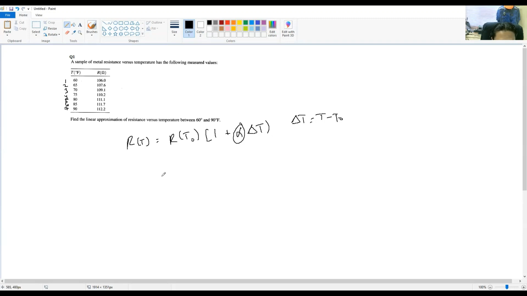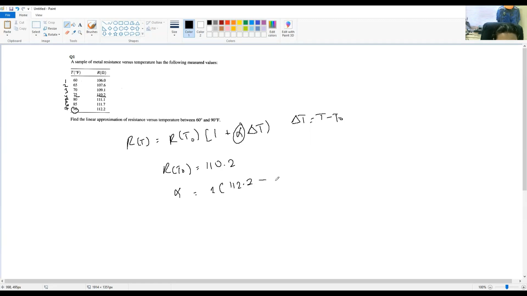From this equation, you can see the center or the midpoint is 75. Maybe you can use it as T naught. So R T naught equals 110.2 ohms. Then from this equation we can get alpha. So alpha equals 112.2 minus 110.2, this 112.2 is at 90,